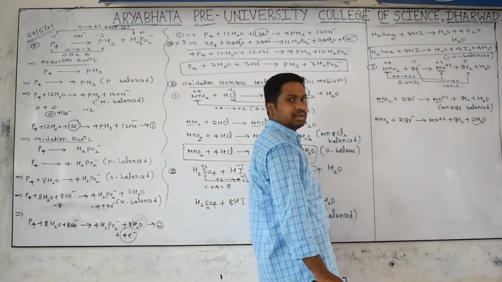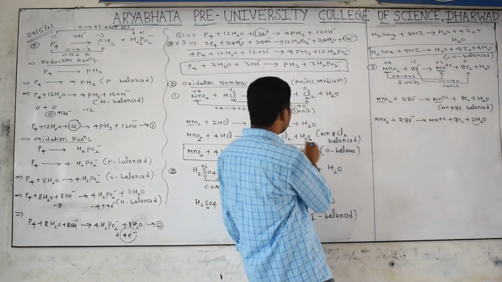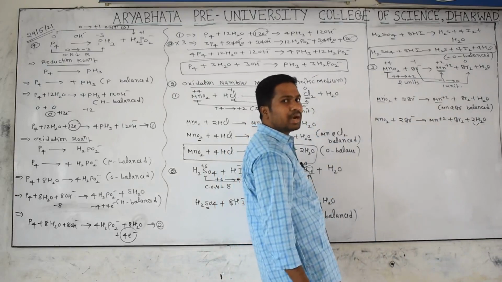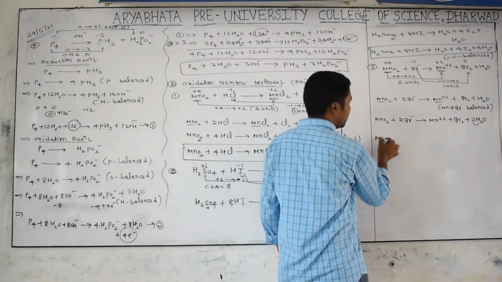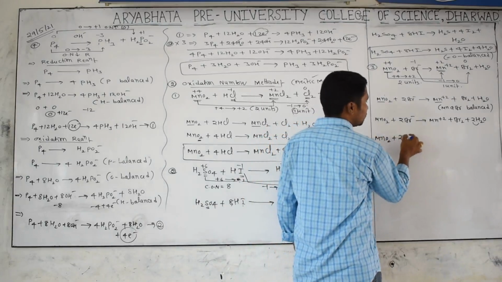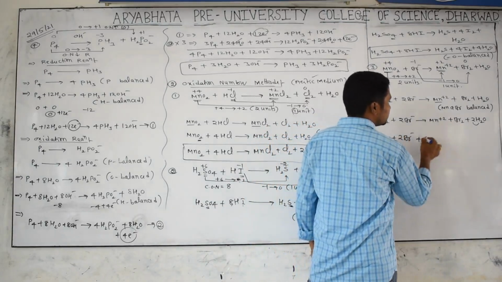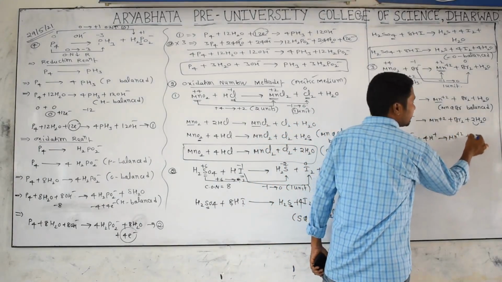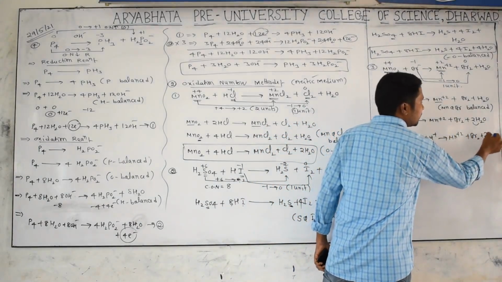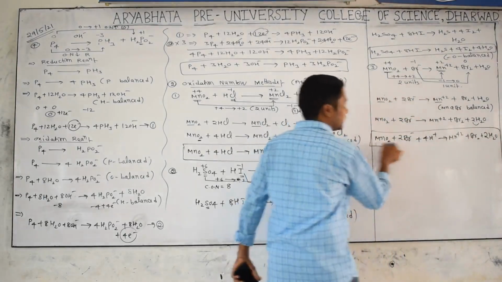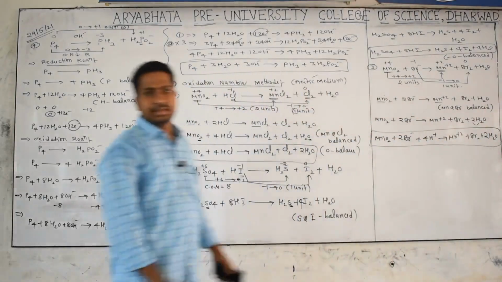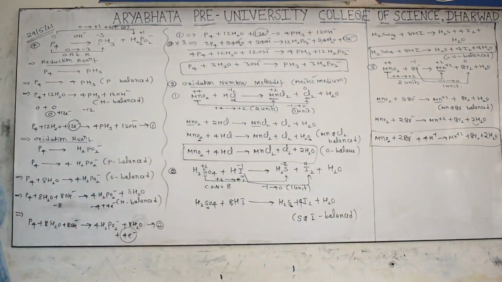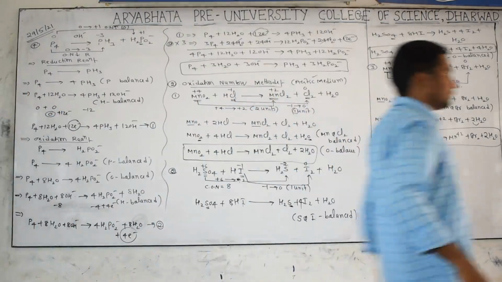4 hydrogens are there. But we are doing all oxidation number method in which medium? Acidic medium. To balance hydrogen in acidic medium, what should I add? H plus particle. That's why MnO2 plus 2Br minus plus how many hydrogen? 4H plus particle gives rise to Mn plus 2 plus Br2 plus 2H2O. Automatically everything will be balanced. All of you understanding? Yes, this is a very important thing. Later we can go for the further concept. See carefully.